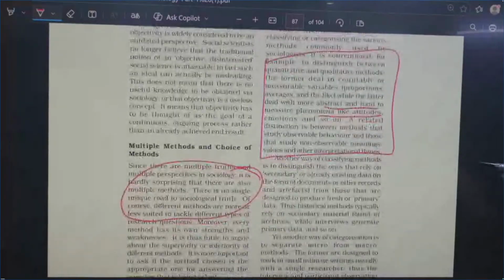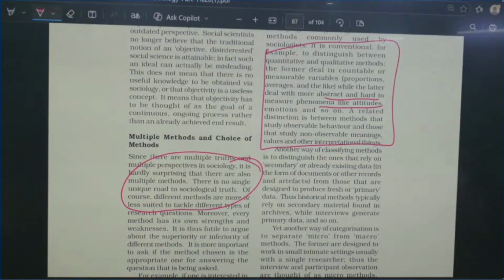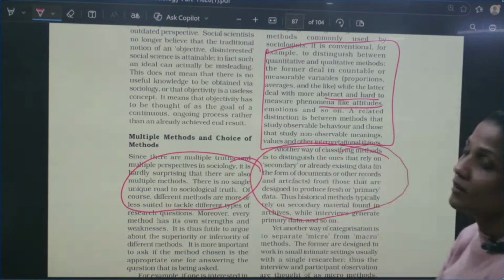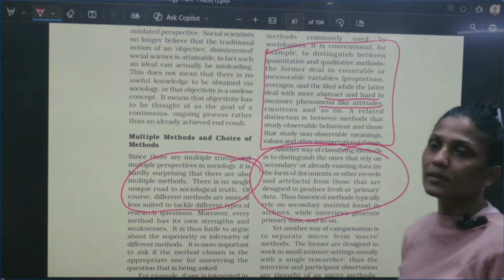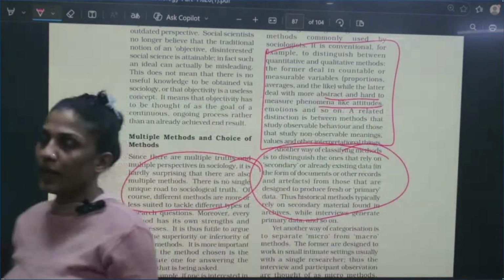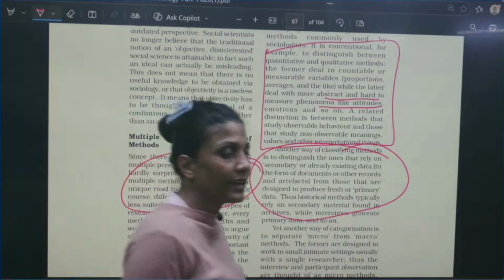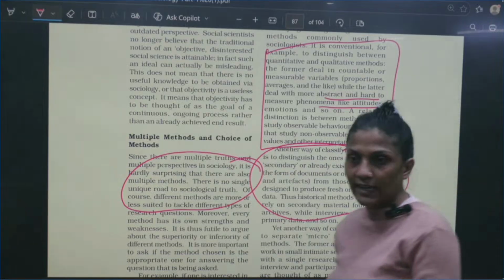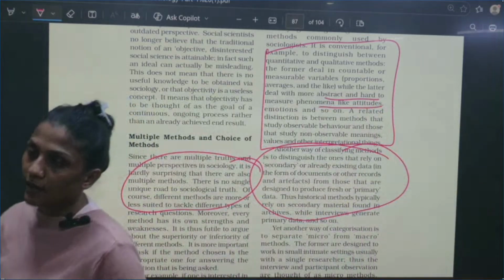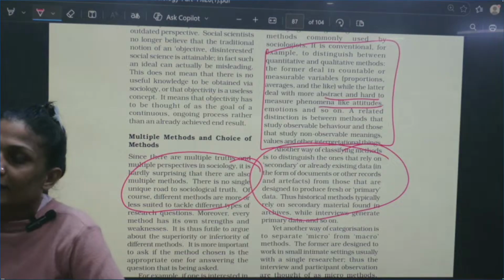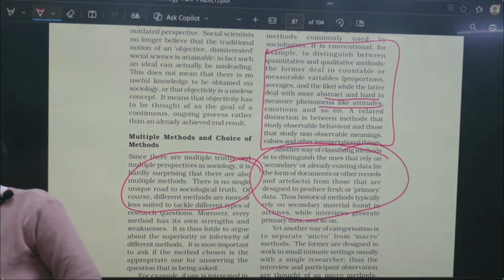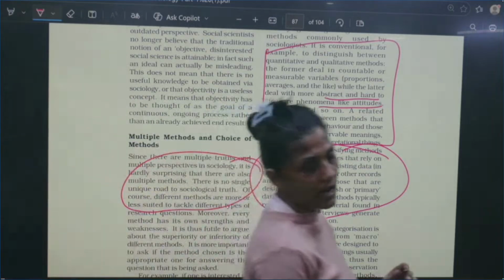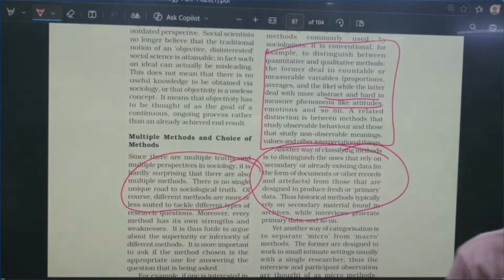So another way of classifying methods is to rely on secondary or already existing data. So what is secondary data? Books, newspapers, data that someone has already worked on. And then primary data. जल्दी से लिखेंगे secondary and primary data. Primary data is that I went to a field and I collected research. So that is primary data. And secondary data, we are using the references. Yeah, जैसे books हैं. हाँ, exactly. But secondary and primary data.